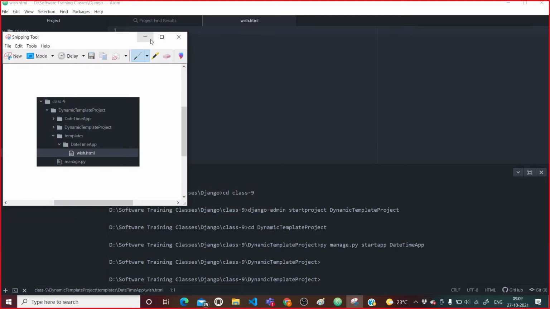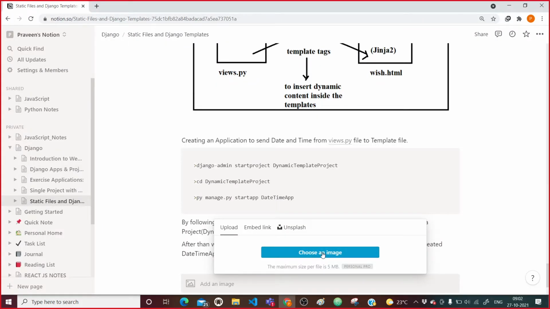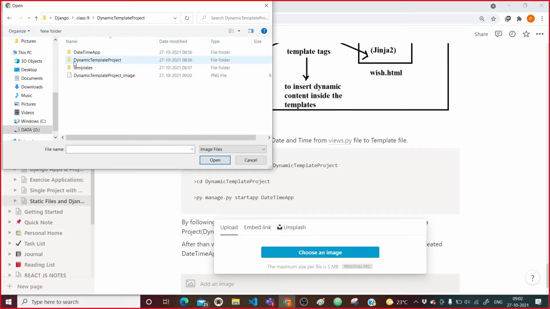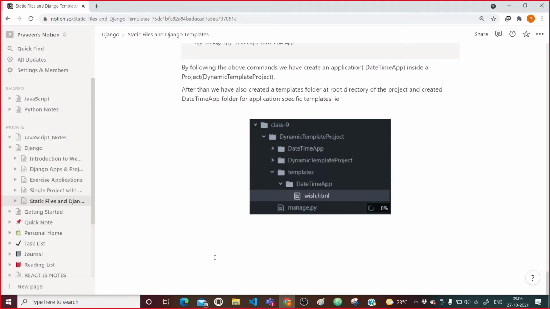So after that we will come here and select it. This is what we did, and we have created it.